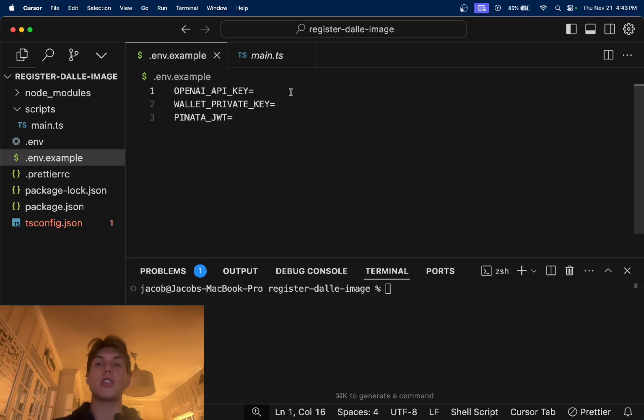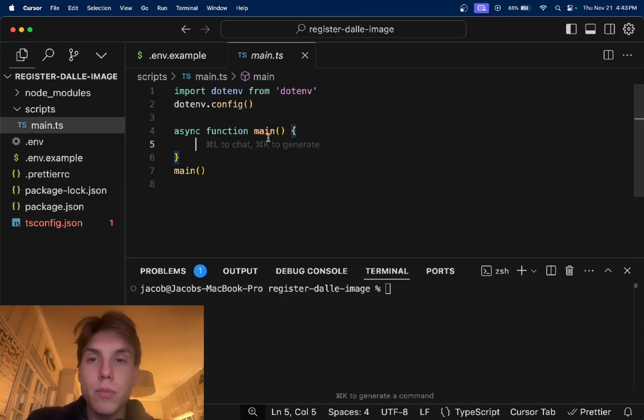Now, I also want to mention that all of the code I'm going to be showing you today is going to be in the description, the completed code. So if you want to just skip the tutorial and go right to the written code, you can feel free to do that. But once you've pasted your OpenAI API key in your env file, we're going to actually dive